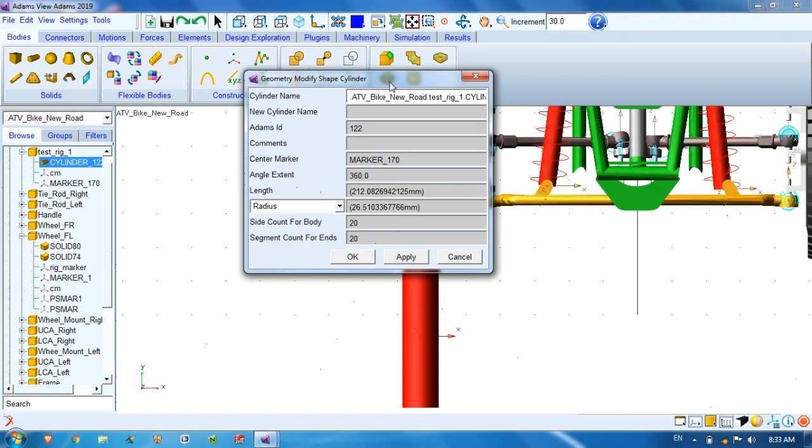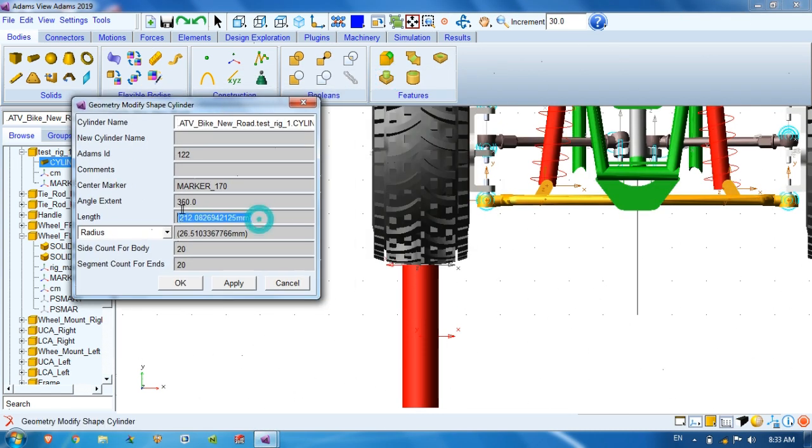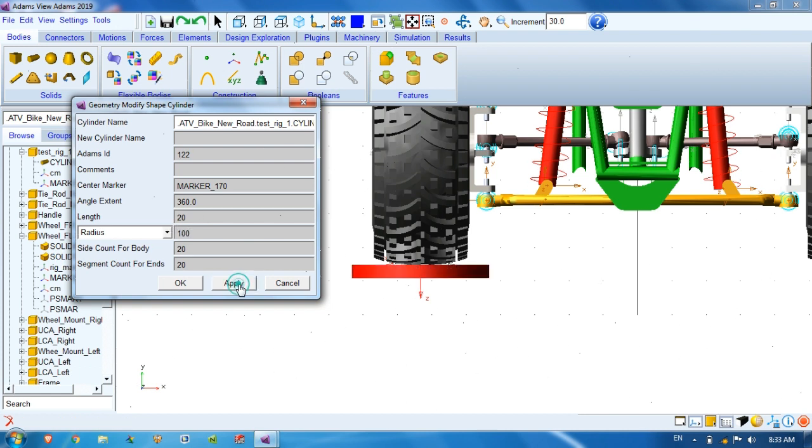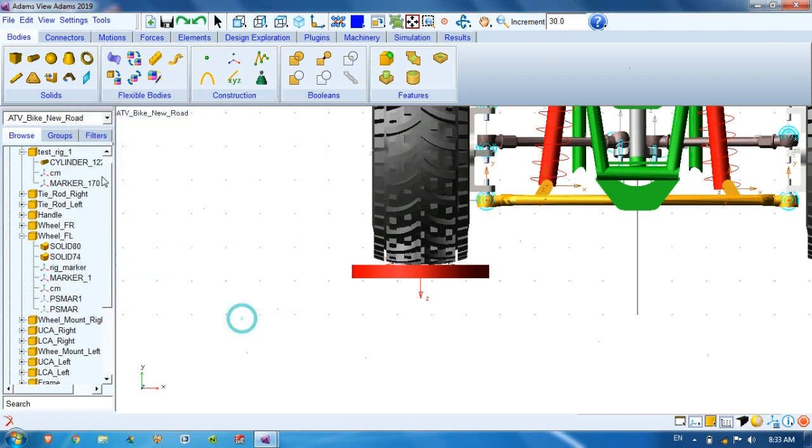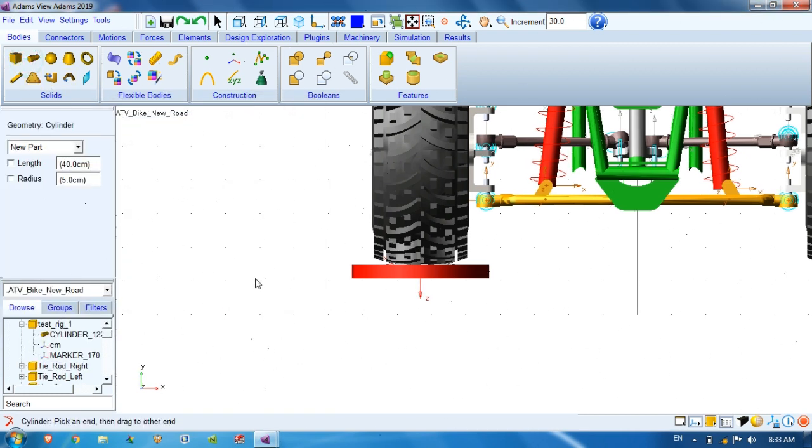So we'll modify the cylinder. We will keep the length as 20, and increase the radius to, let's say, 100, so that there will be wide contact between the tire and this face. Now apply.